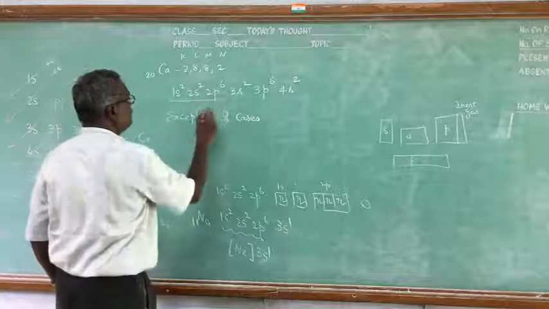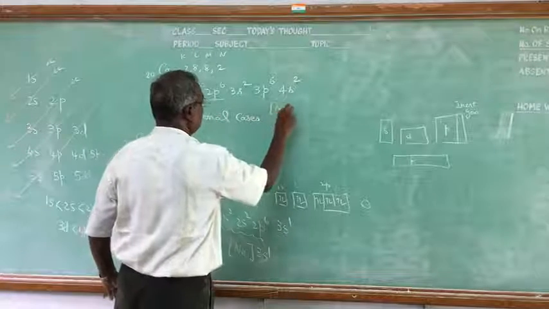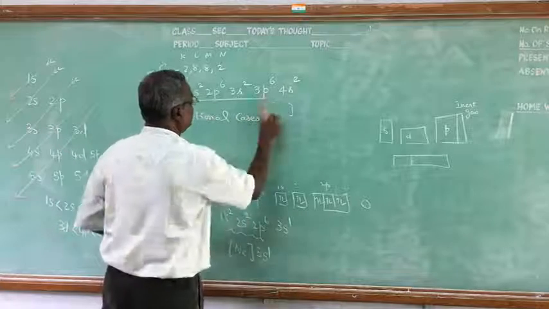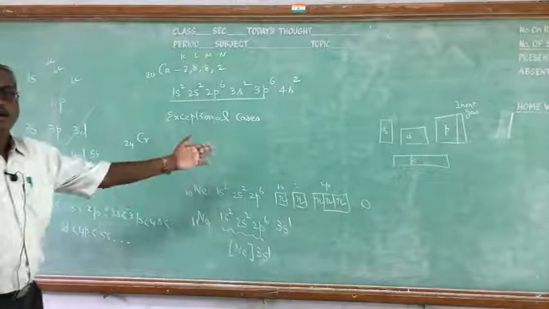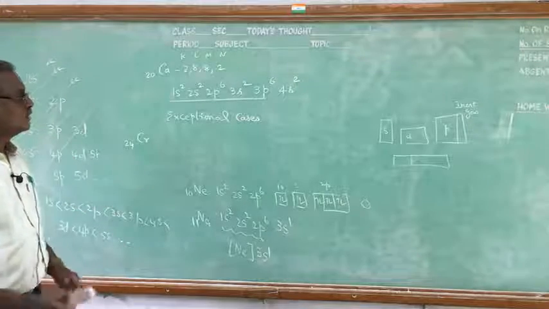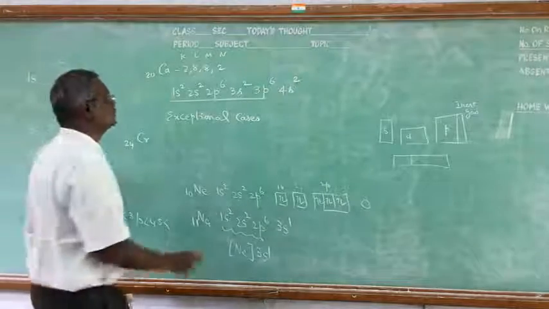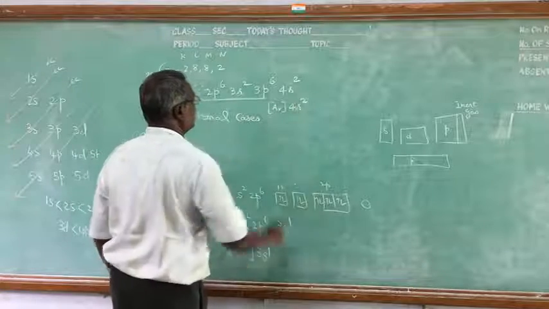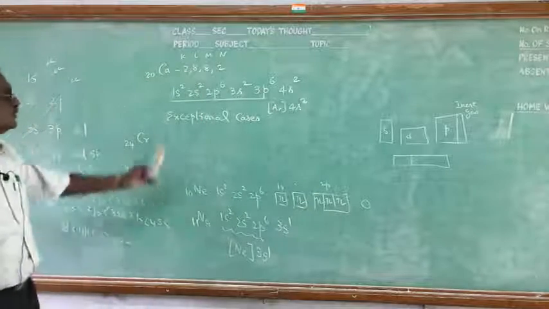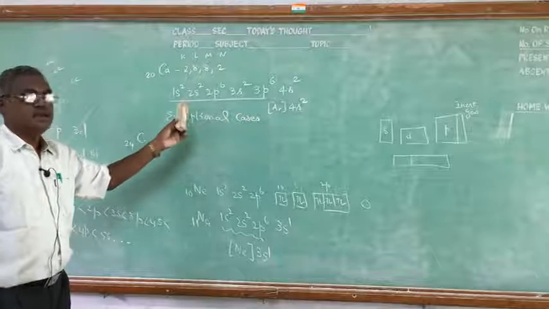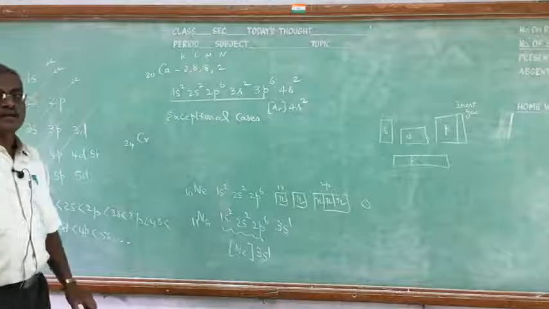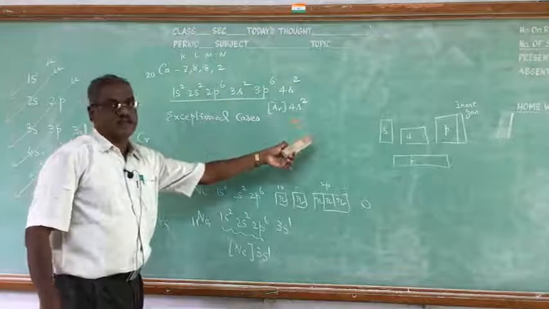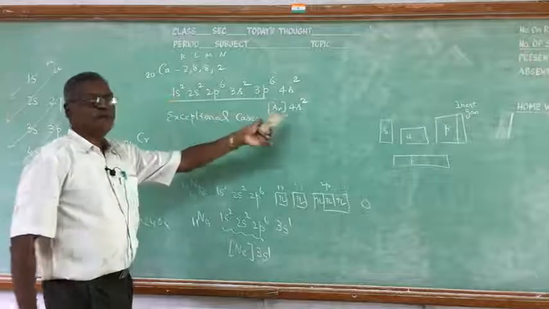Up to here is neon, so we can write neon core. Or up to here, 18, argon core. 18 is argon, the next one. So we can write argon core 4s2 in short form. The next inert gas has atomic number 18, argon. So we can write argon core 4s2. Otherwise you can write in full form also.